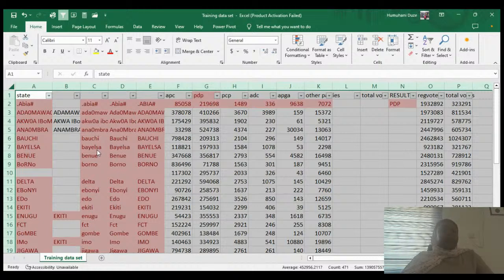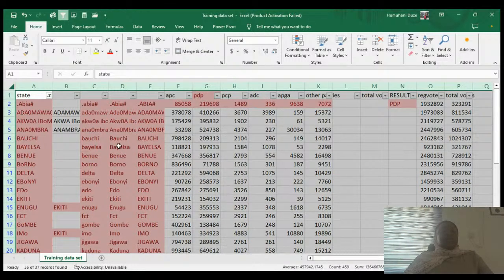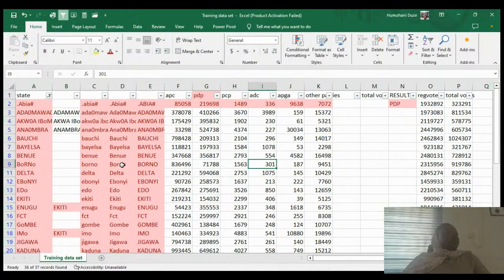And filter by color. We can now filter all the ones that have the cell filled with color. So it's only going to show us the cells that have the yellow fill. So we know that we're working on only these cells with this yellow fill. So we'll go through all this data. Then when we're done working with them,